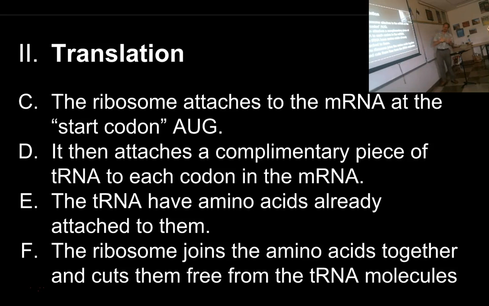So the tRNA come and they line up in order, kind of like elementary kids going to lunch. And then the ribosome slides down the message and joins the amino acids together. So you don't do that with elementary kids. That would be kind of bizarre. But picture all the amino acids in the right order, standing there on their messenger RNA saying, okay, here I am. And then the ribosome just comes down and says, you go put this one, and you join, and you join, and you join. And then cuts them off with the transfer RNA. And you now have amino acids joined together in a polypeptide chain that is in the right order.